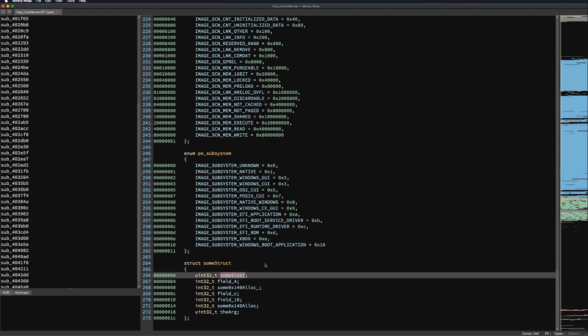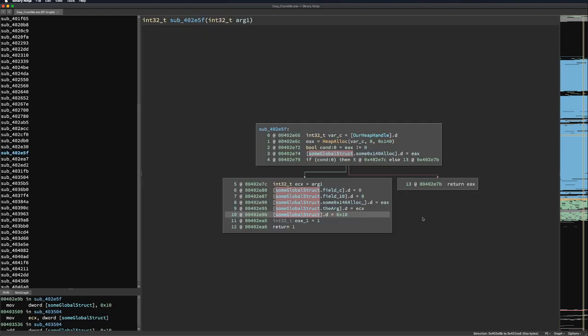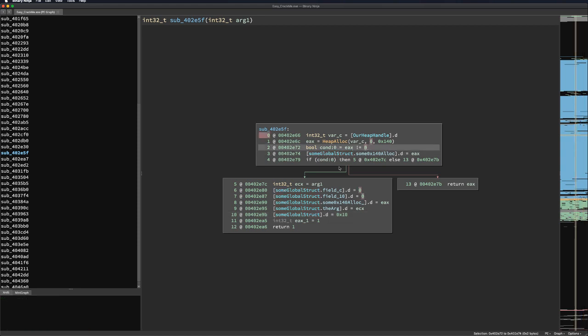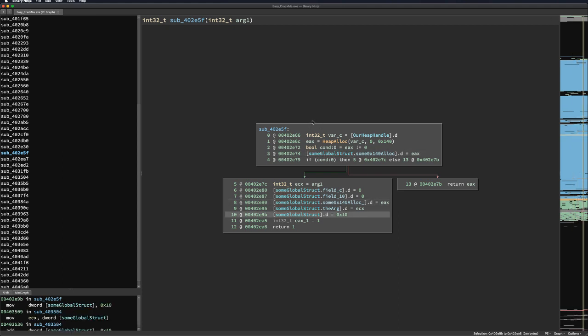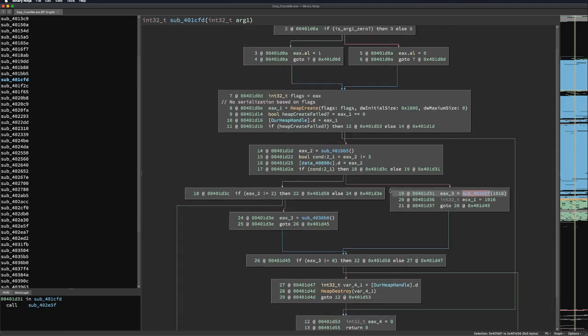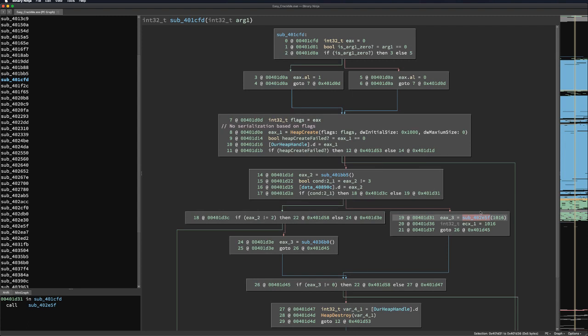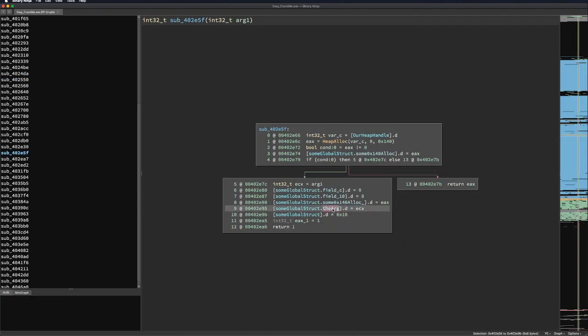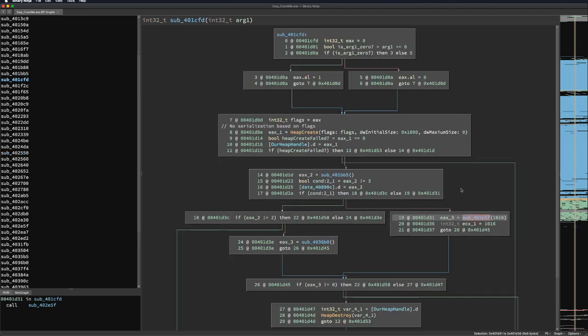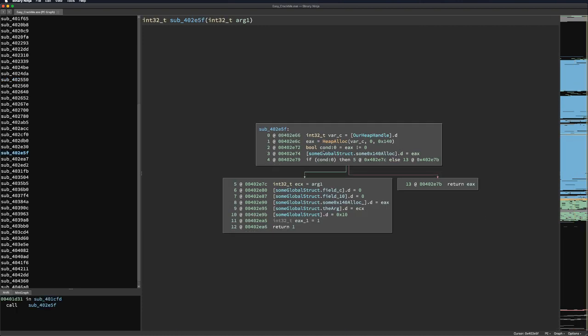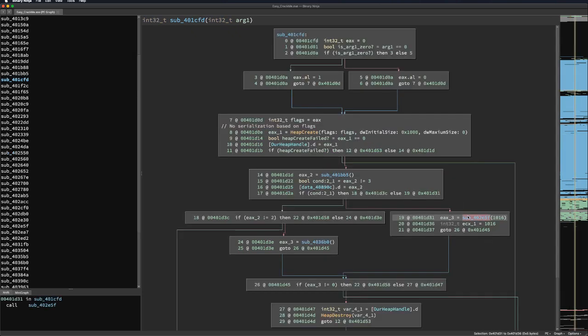Some size, maybe? So that comes down here. Otherwise it goes to there. Ah, that's the size. No. Because that's 3F8. And it doesn't use it other than to pass it in. So